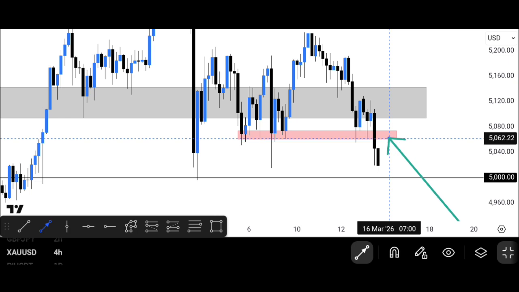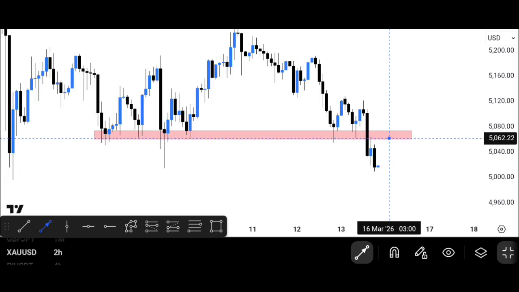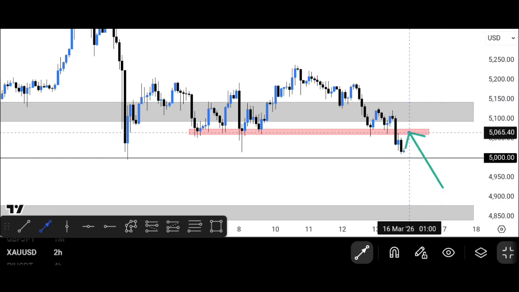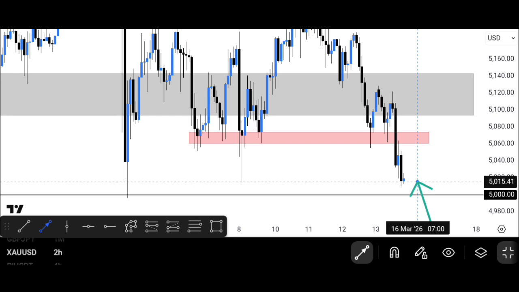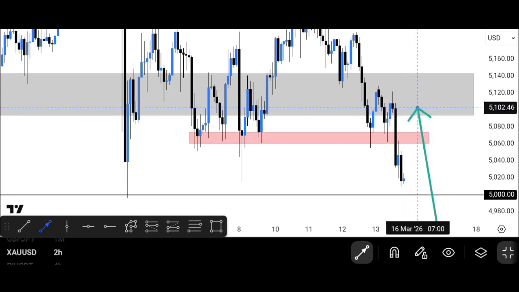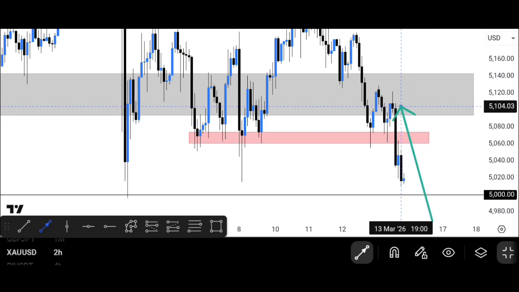Now, if you go to the 2 hour time frame, so as long as we don't break above this last lower high zone, that means these zones from here all the way up to this zone are valid lower high zones. I'm just saying, potentially price might even go all the way up.